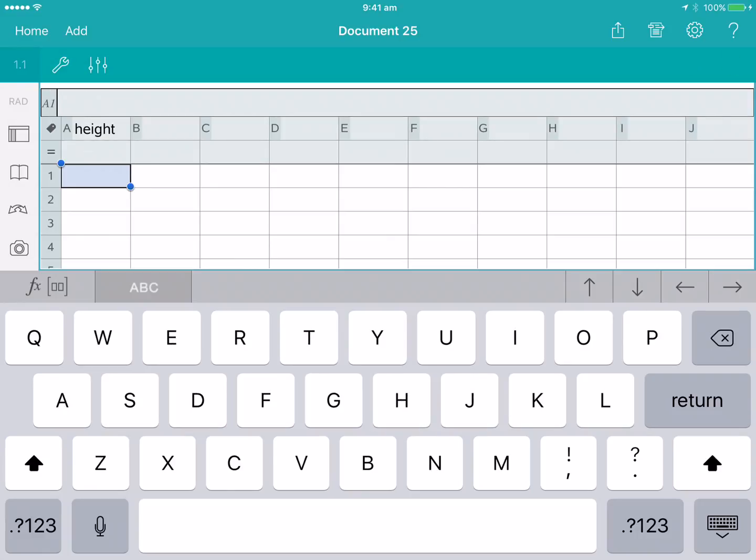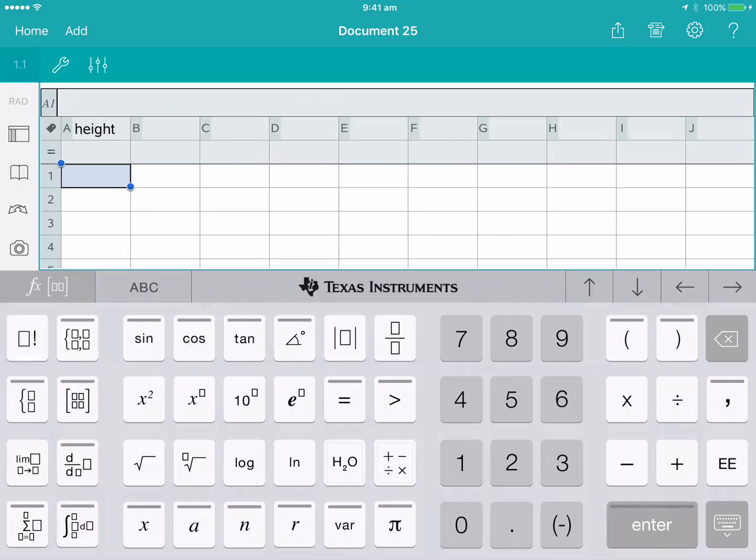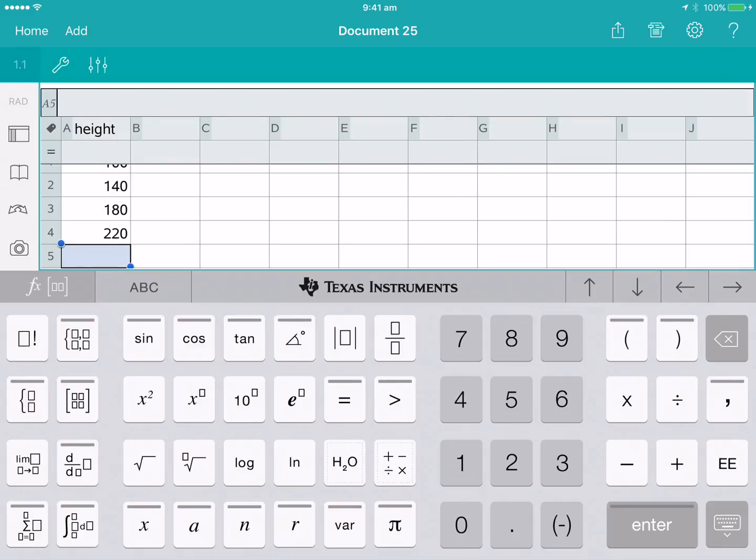And I'm going to plot the midpoint, so I get 100, 140, 180, 220, 260, 300, and 340. We have to have a frequency list in here,